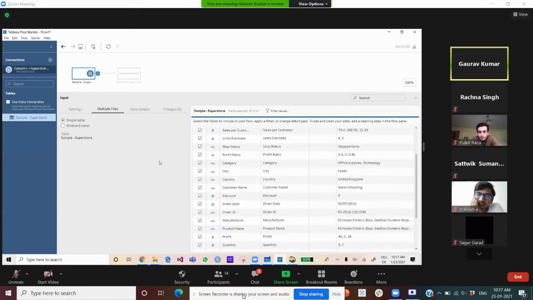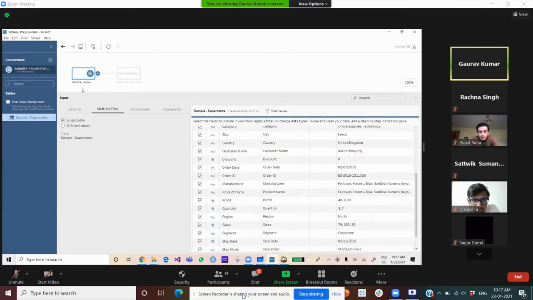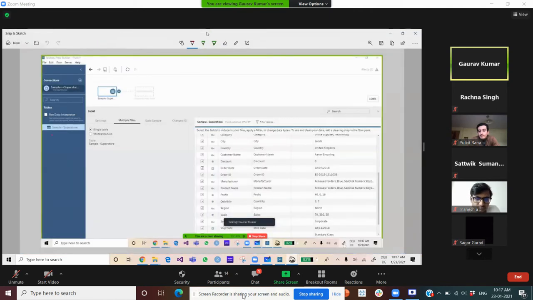So if you are able to see, once you drag here, this sample Superstore sheet is the sheet in which data is contained, and it comes to this particular position. And if your data set has many sheets containing data, those sheets will be reflected here in this area, and then you can use that sheet. For example, if you want to use sheet 1 or sheet 2, you just remove that and drag this to here, and then you can work on that.